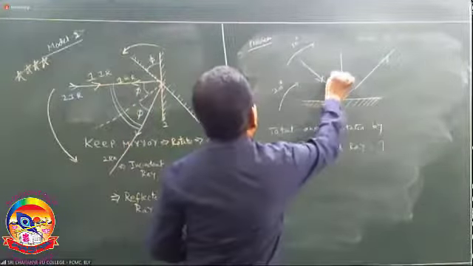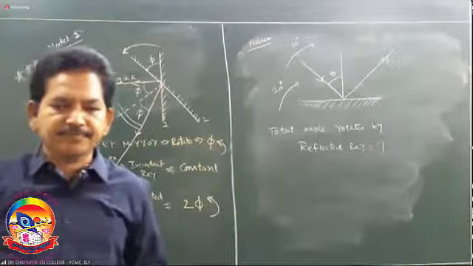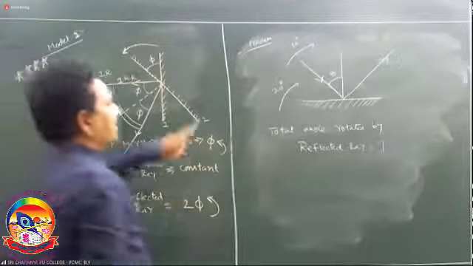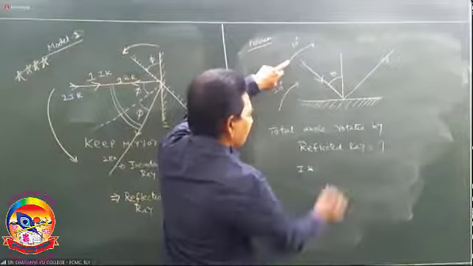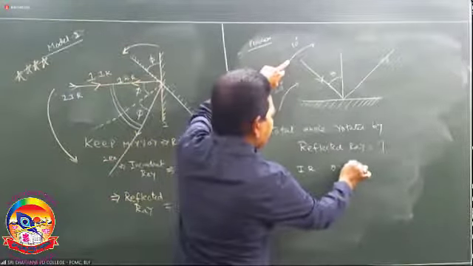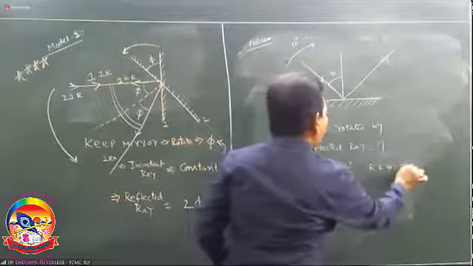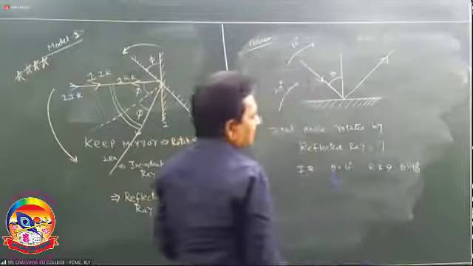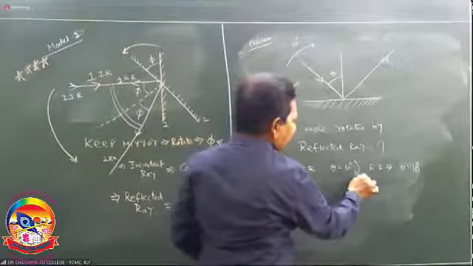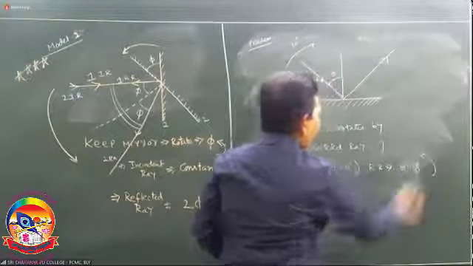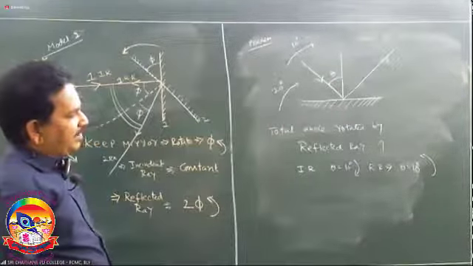Initially, this may be theta, 30 degrees, 40 degrees, 60 degrees. Due to the incident ray, the incident ray rotated by how much? 10 degrees. Then we know the concept: the reflected ray rotates by 10 degrees. In what direction? If the incident ray rotates clockwise, then the reflected ray rotates anti-clockwise. The answer is not yet over.